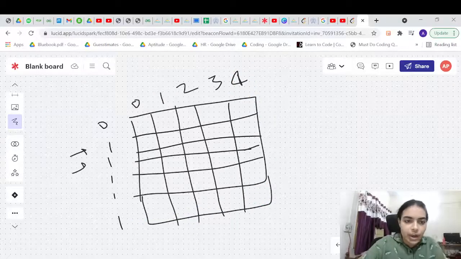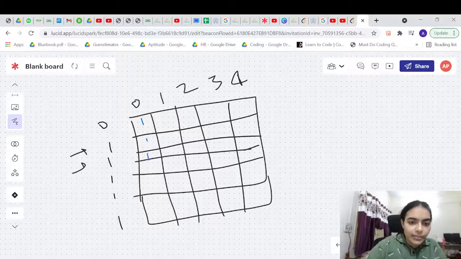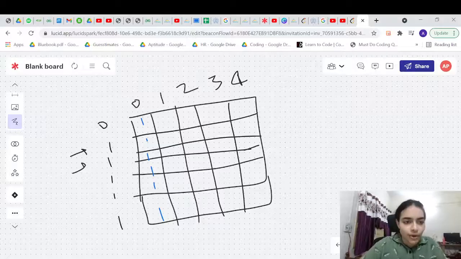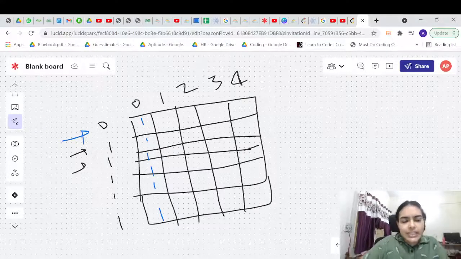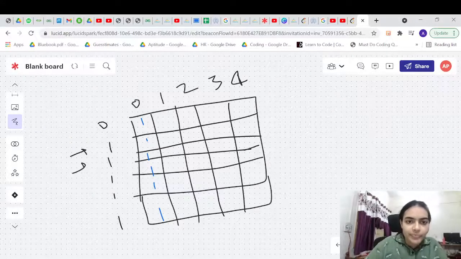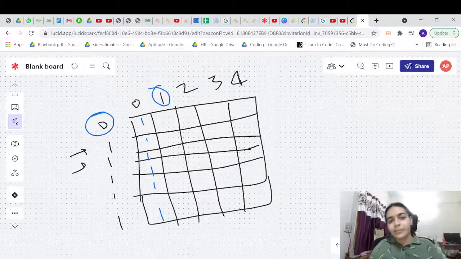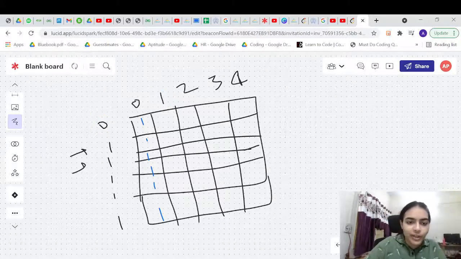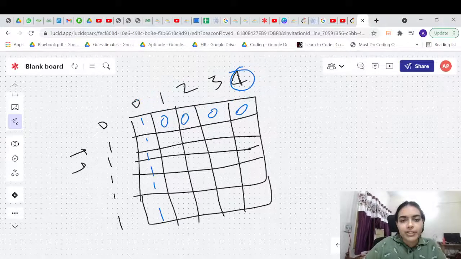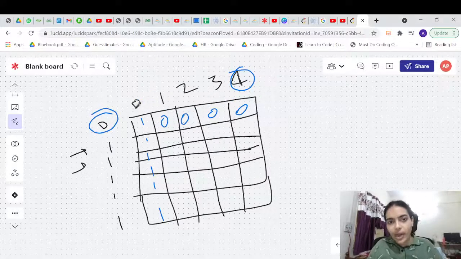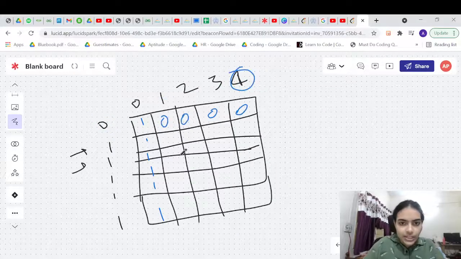Now let's quickly discuss how to fill this. Suppose you want to make 0. You can make 0 in one possible way: you can just take nothing and you will be able to make 0. Now let's see this row. Suppose you want to make 1, but you have only the element 0. How many ways can you do that? You can do that in 0 ways. If you have nothing, how can you make something out of it? You cannot make anything. So the answer for this is 0.